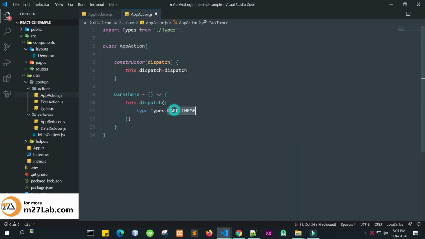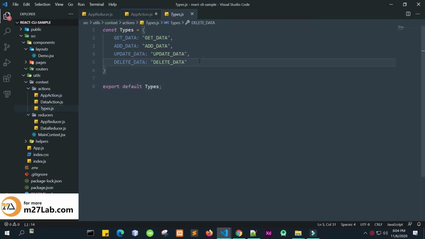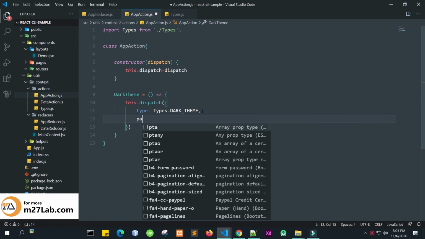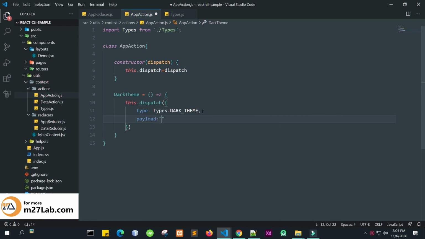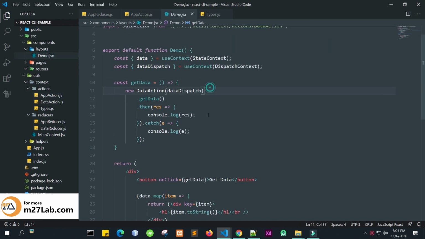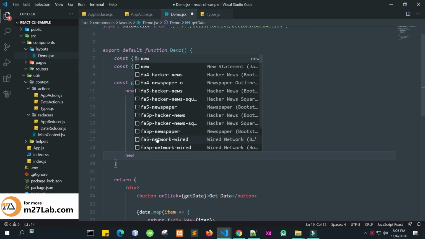So define this in our types folder, types object. So dark theme, yeah, we don't need to pass any payload. We can say the payload here. Let's say we can pass the color of our dark theme. Payload, say red, or say black. And how we can use it? We'll just go to demo and we can just write new app